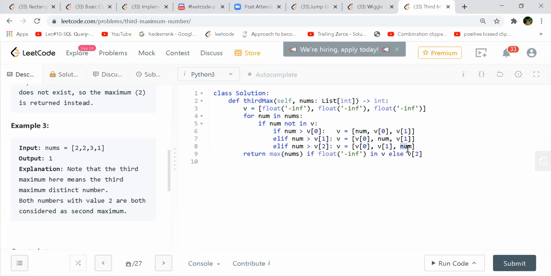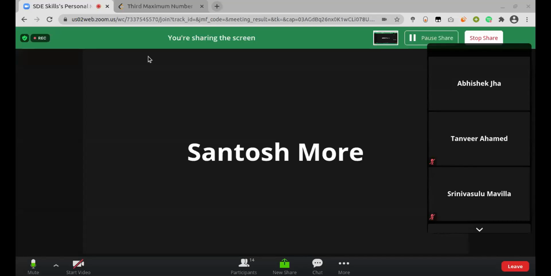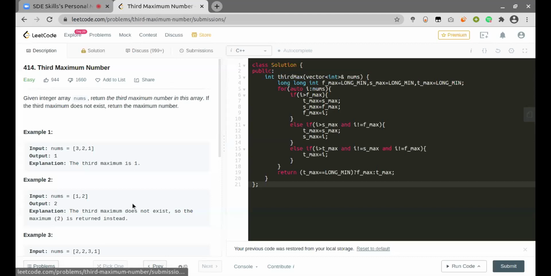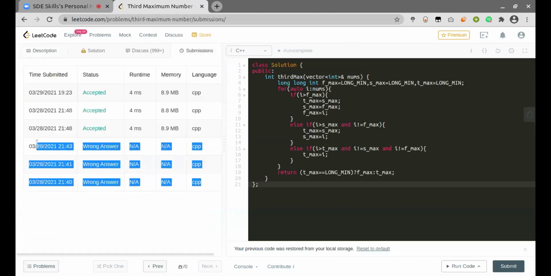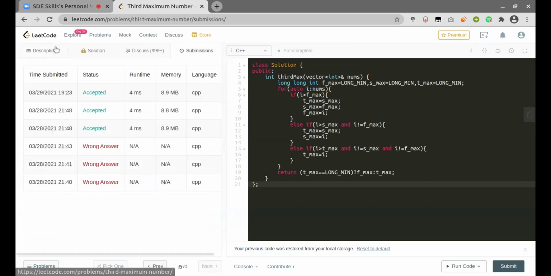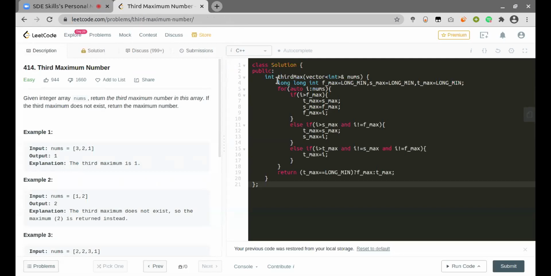In LeetCode, the minimum value which they have considered in the array is the int min value itself, so we can get some wrong answers. When I tried using int as a variable, I was getting wrong answers there, because the minimum values which they took was the int min value itself. This is why I have to take this as long int and initialize it with long min.